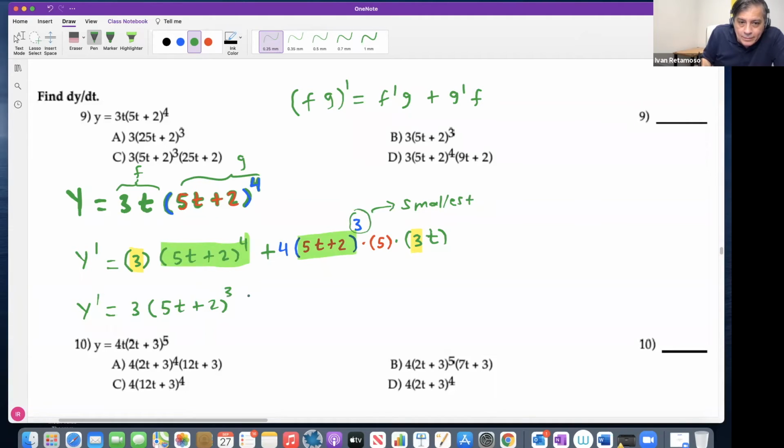This is going to go outside. Then open and close parentheses, and something will go inside. What is inside? Well, 3 into 3 is 1. This into this is just 5t + 2, right? Plus,